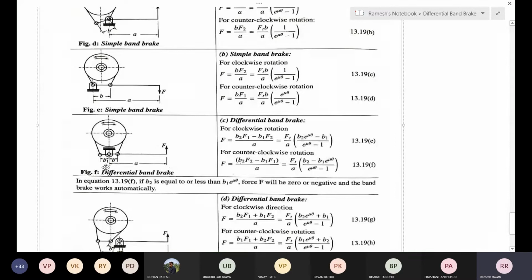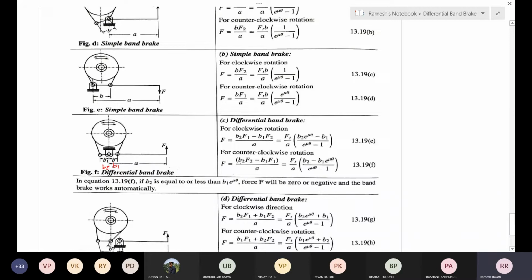Here you can see that he has mentioned it as B, and here he has taken it as B1. But when you take down the equation, whatever F is there has b1, b2. b1 is the distance from fulcrum to the other end of the band, and from fulcrum to the other end of the band, this we have taken as b2, whereas here it is a printing mistake. This has to be b1, and this has to be b2. According to that, you will get this relation. This correction you need to make.